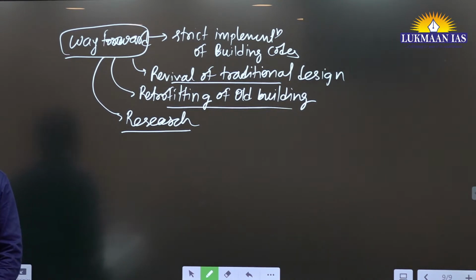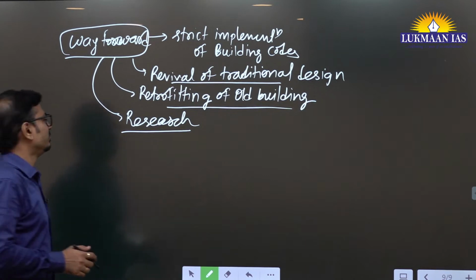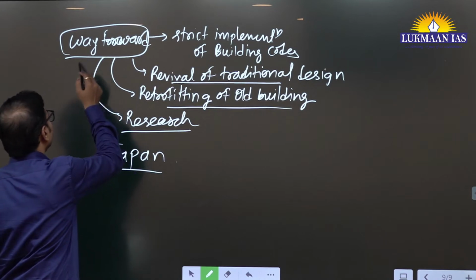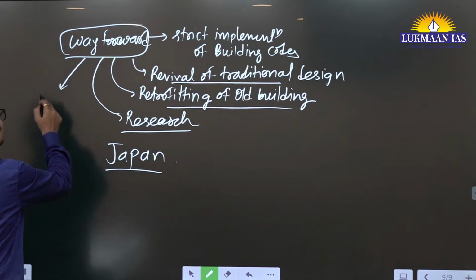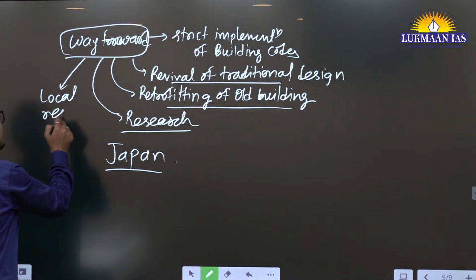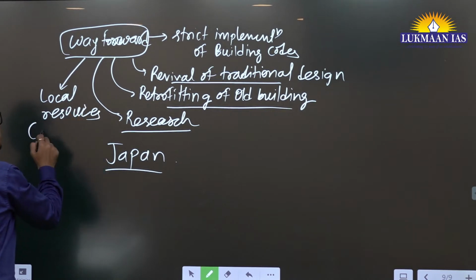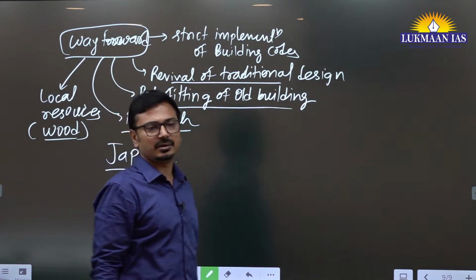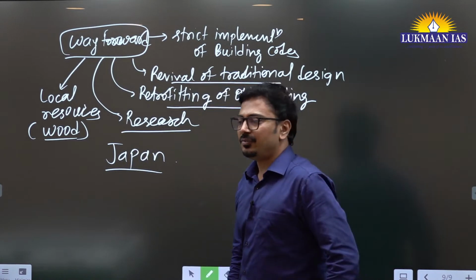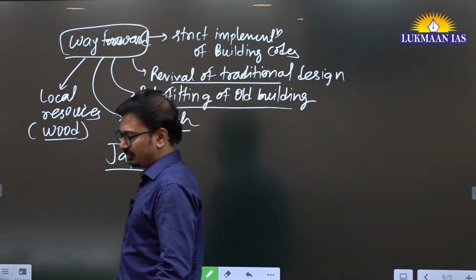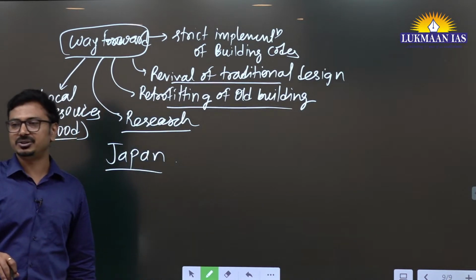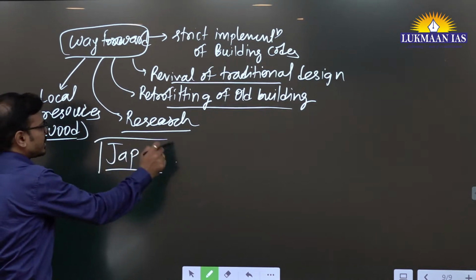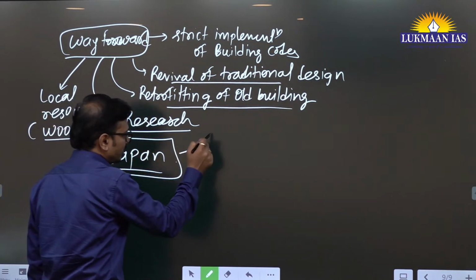Fine. So case study of Japan you can mention. Better practices, best practices जिसको हम बोलते हैं. In Himalayan region, let's say instead of concrete, they should be using local resources. Wood-based design. They should use wood. ठीक है, wooden structures जैसे जापान में यूज होता है. ठीक है, flexible foundation बोलते हैं वहां पे. Flexible foundation होना चाहिए to dampen the vibrations. Small houses के लिए. Japan case study, especially related to houses,